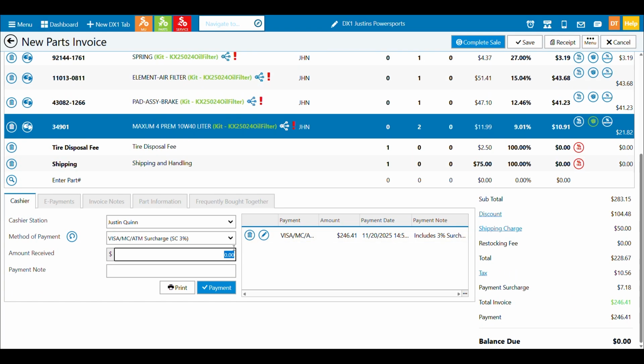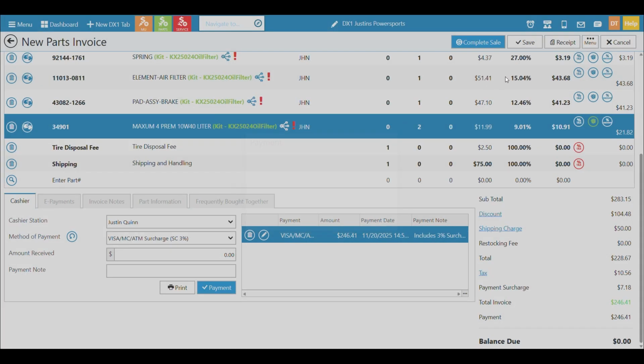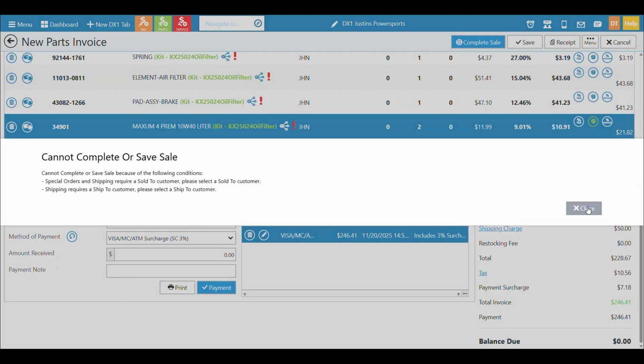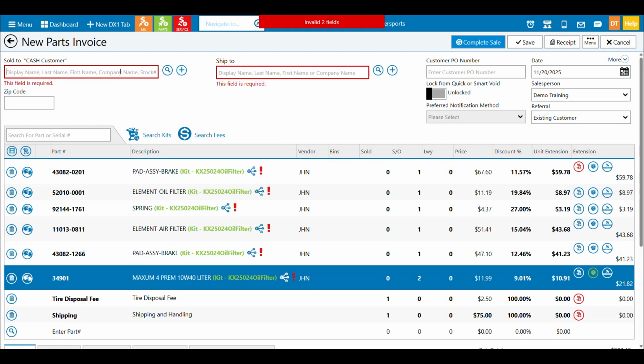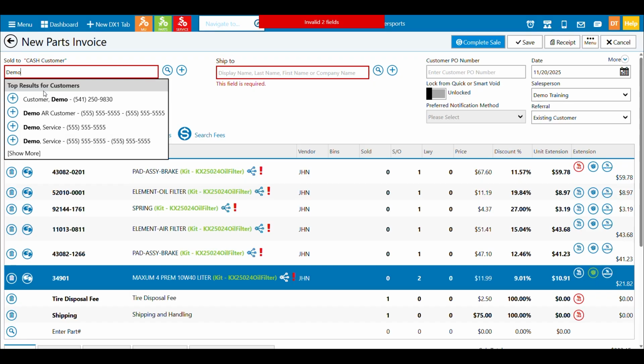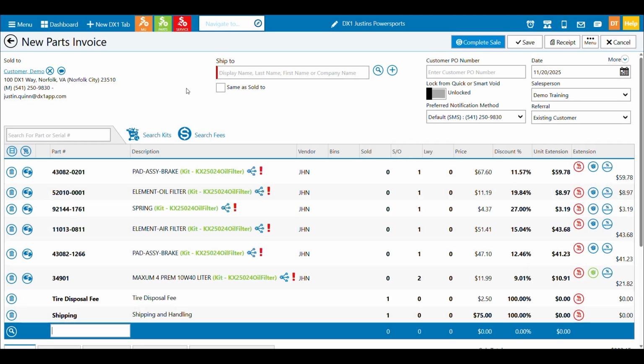One last thing, I guess you can notice here, when a payment was taken, it does show payment details. I can print a breakdown of the payments up until the point of saving the invoice. I could remove the payment if I needed to accidentally. I could update the payment if I need to once I do save the invoice. And in this case, it's asking me for a customer because I have special order parts. You can see that's one of our components of the invoice, is it will require a customer, we have shipping, so it's requiring a ship to customer.